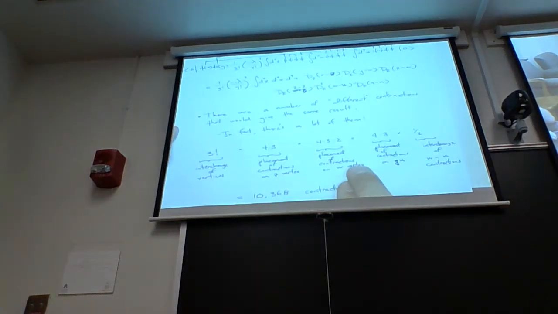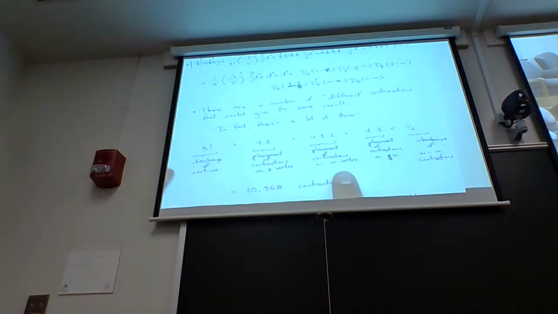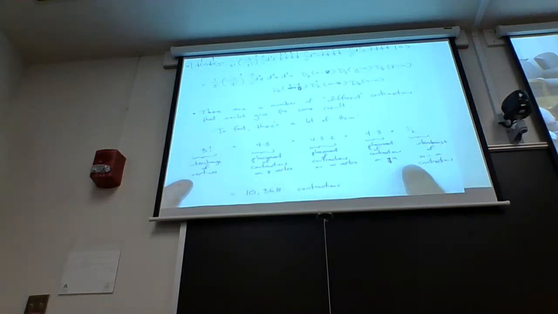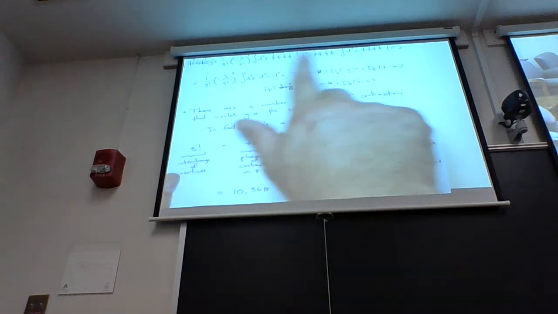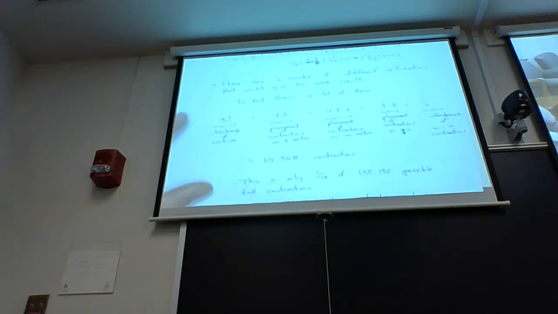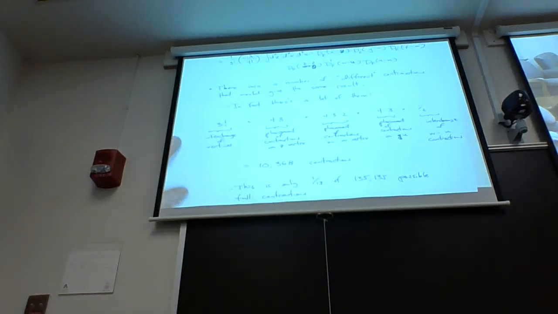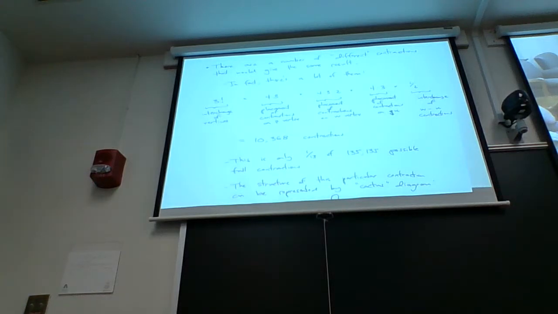In the W case, we end up with 4 times 3 times 2 ways of contracting these vertices. In the U case, we have basically 4 times 3 again. And then we have to account for the fact that the W and U guys, we can interchange those two, right? To interchange those contractions with themselves and the outer fields. And if you do crunch all these numbers, you find out that there's 10,368 possible contractions just for this one term, okay? And that's only 1/13 of the